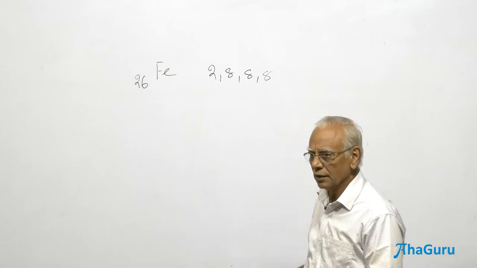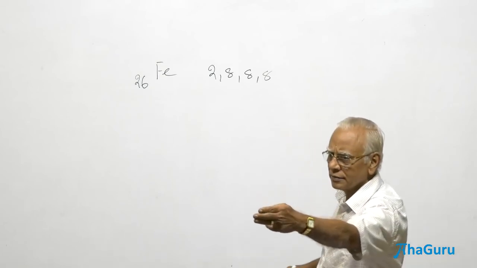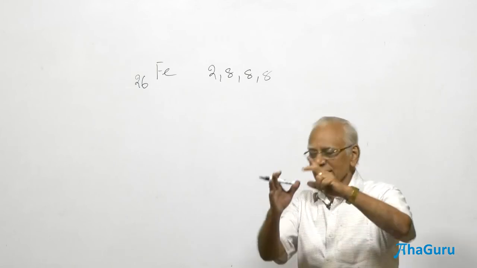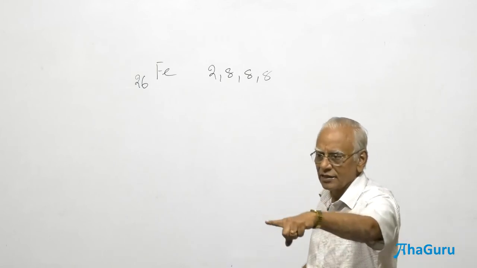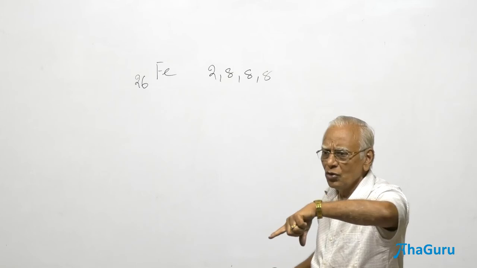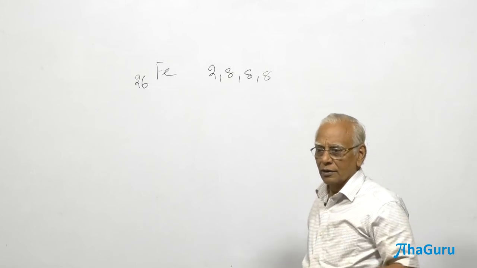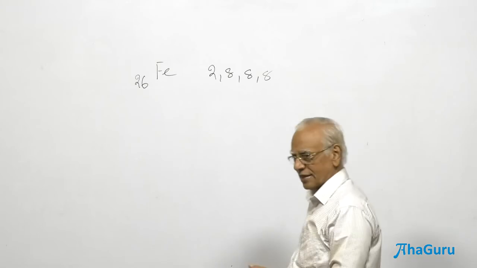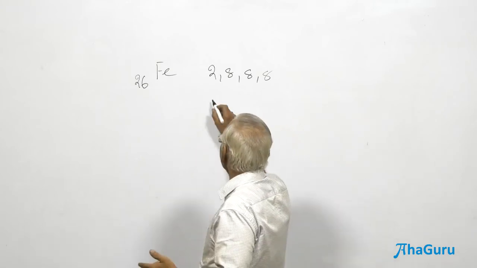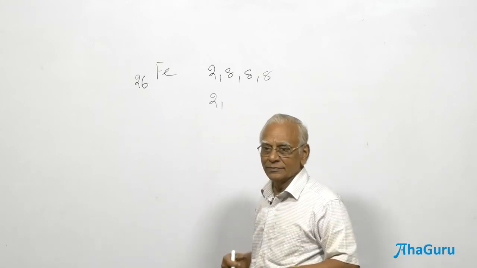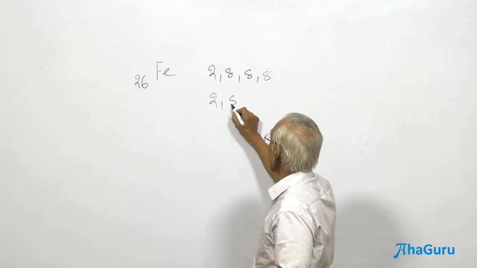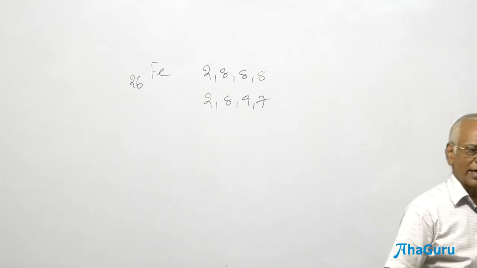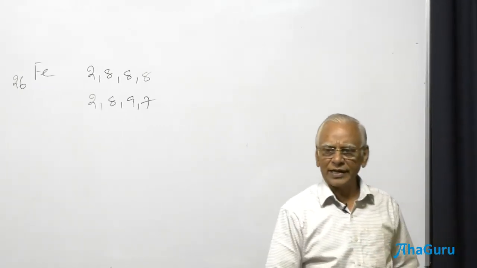Now, he says something else. What is the answer you have written? You said something 14 2. So you said penultimate shell. Okay, what did you write? 2, 8, 10, 6. Put any number, he says. He says 2, 8, 9, 7. Last shell has not exceeded 8, penultimate shell also has not exceeded 18.